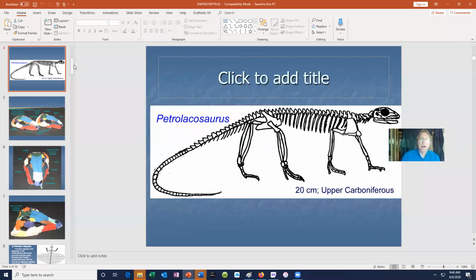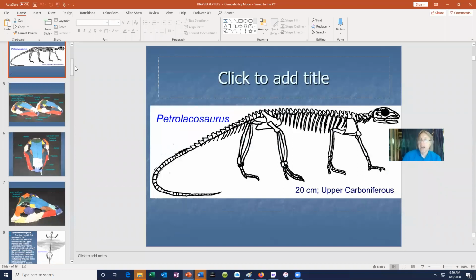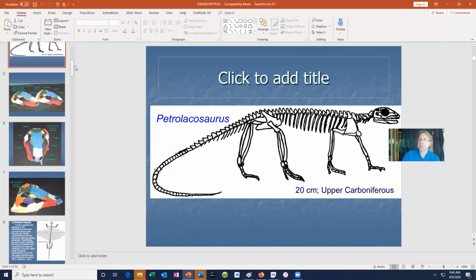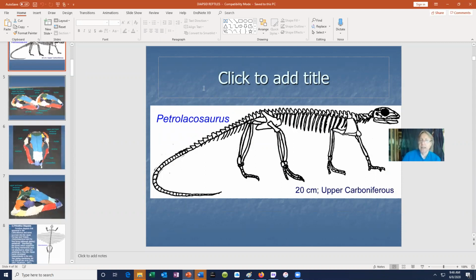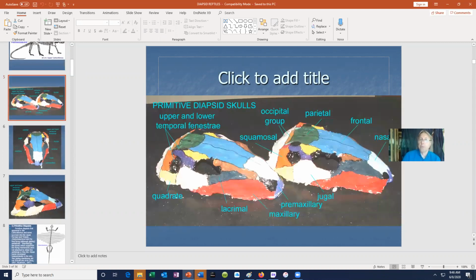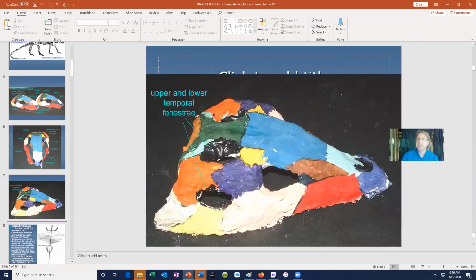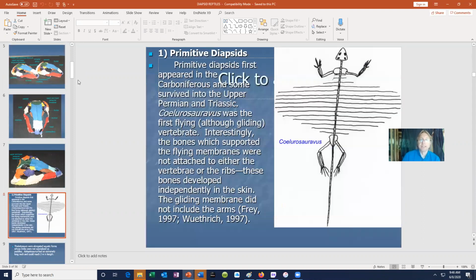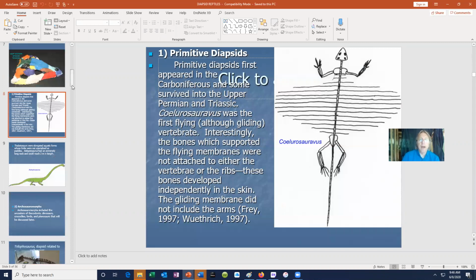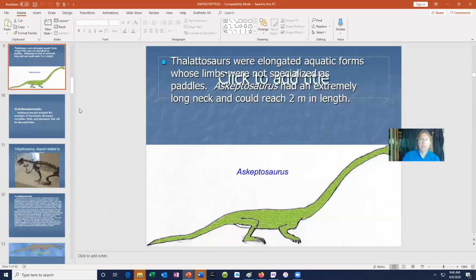So here I just have a few images showing that the first diapsids were no diapsids alive today. They were very primitive. We would recognize them by the two temporal openings, and all of the bones of their skull were essentially the same as what we had seen in the anapsid reptiles. They just added these temporal openings. These would include some gliding reptiles, some long-necked